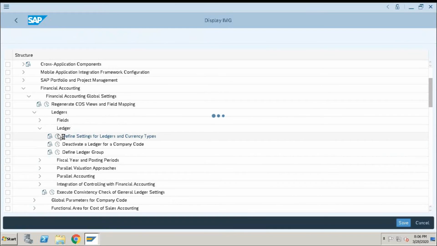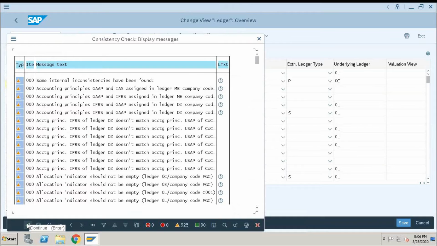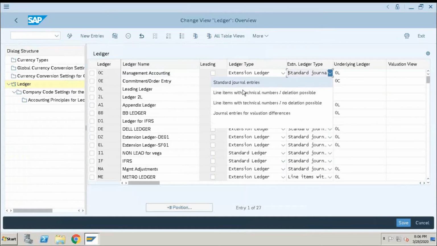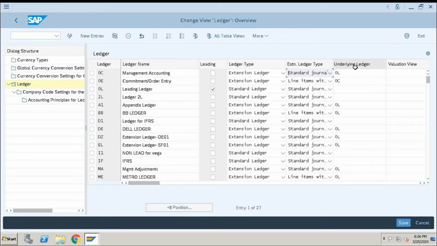Whenever we activate the condition, here the ledger type, standard or extension ledger type. So standard journal entries, line item with technical numbers. So journal entry, valuation differences. And here they use underlying ledger.